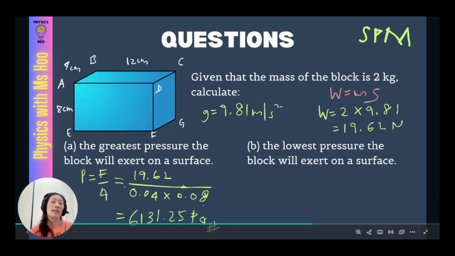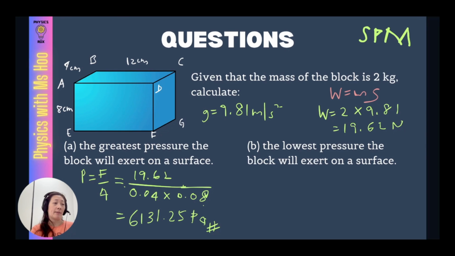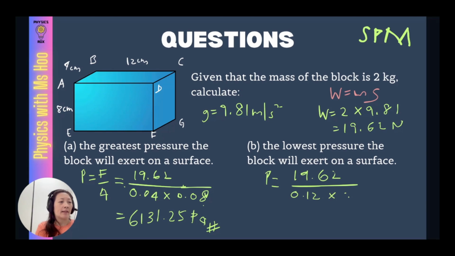So to calculate the lowest pressure, we're going to do the same thing, but we're going to take the largest area in this diagram. So I'll substitute the value straight away now. So pressure equals 19.62 as our force. We're going to divide this by 0.12 times 0.08. So this would give us